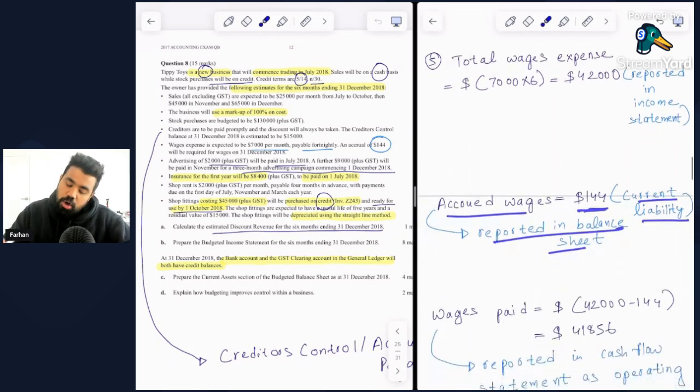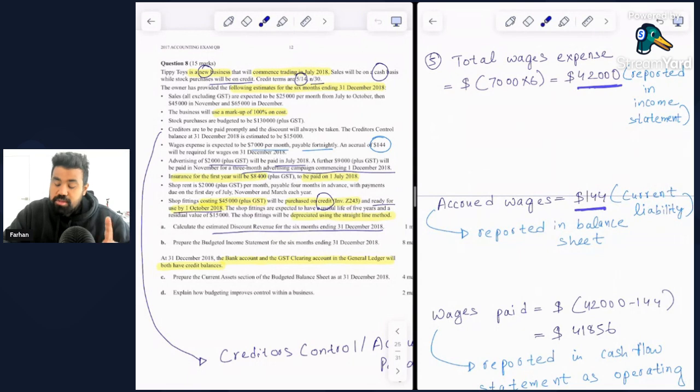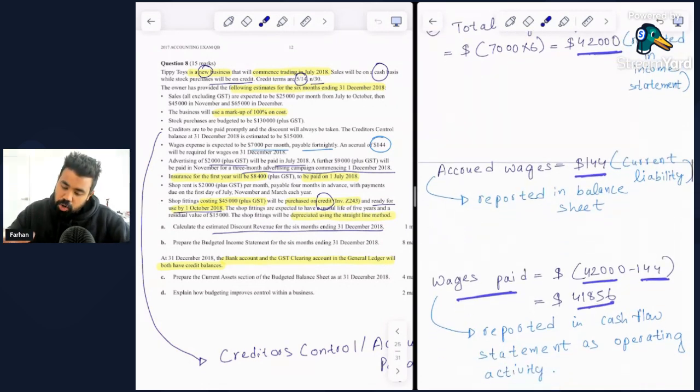So if we know the total wages expense is $42,000 and the accrued wages is $144, that means the wages that we have actually paid for in cash, using our funds from the bank account, is $42,000 minus $144, which is $41,856. We didn't need to calculate that, but the reason I calculated this is to make sure that you understand